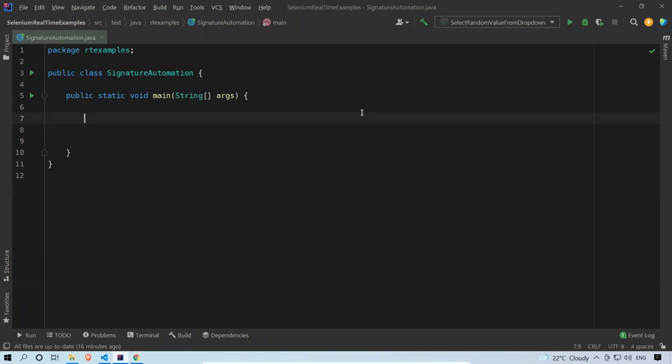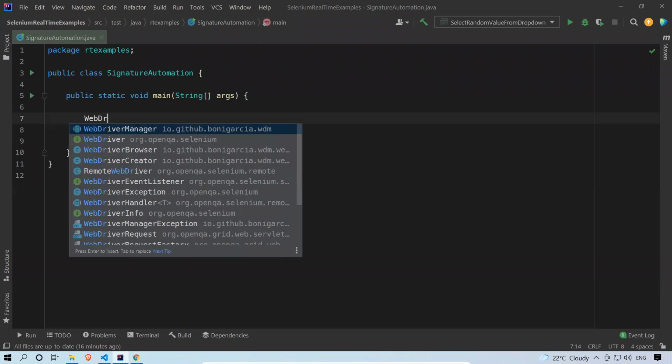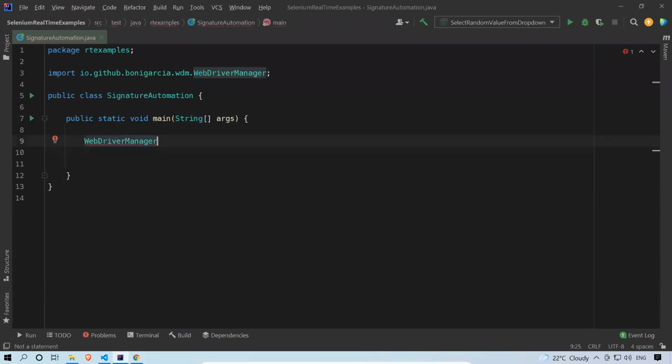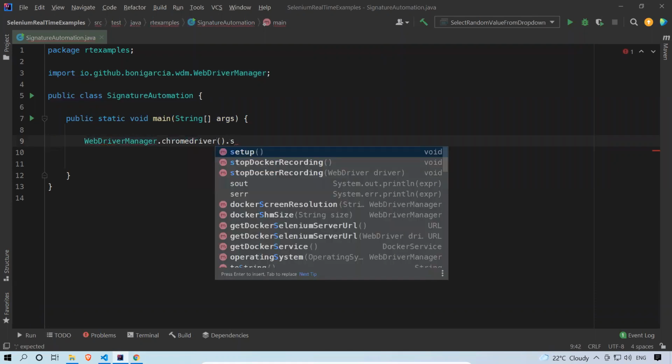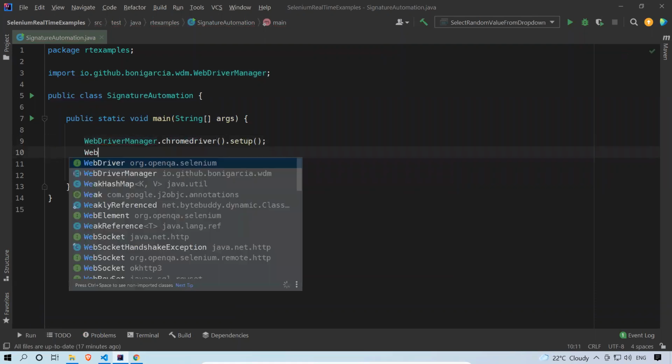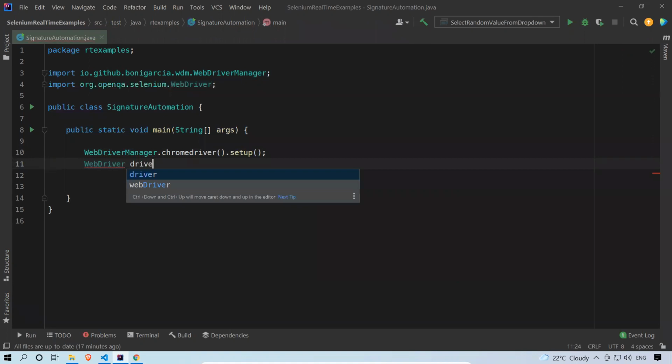I created one class called SignatureAutomation. WebDriverManager.chromedriver().setup() and WebDriver driver = new ChromeDriver().